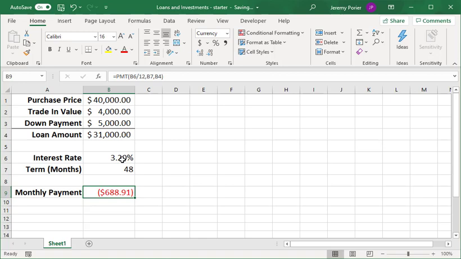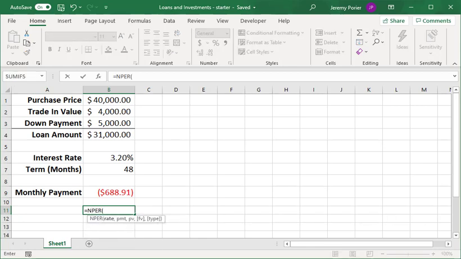So that should be review at this point. But let's say we're sitting with a client or a customer and they say, well, I can't afford that much. And you say, well, what could you afford? And they say, well, I think I can do $500 a month. All right. So let's look at a different function called, and I'm just going to write it in this cell right here,